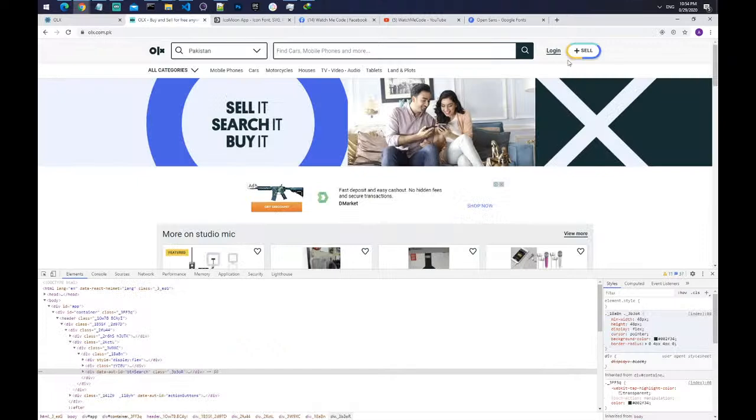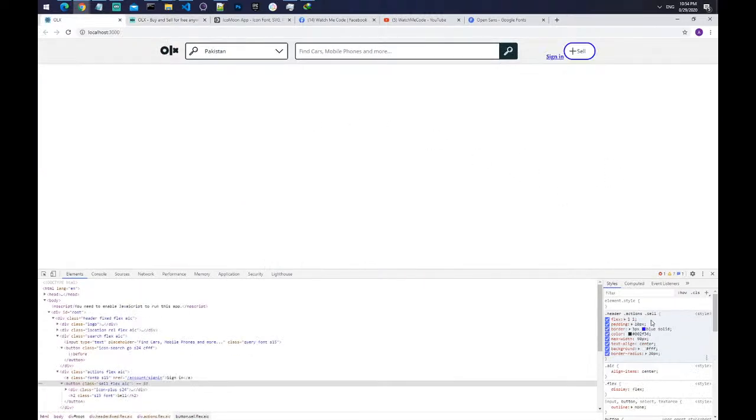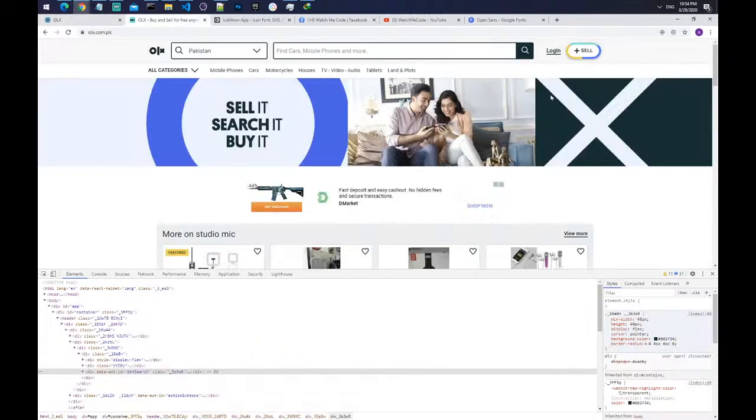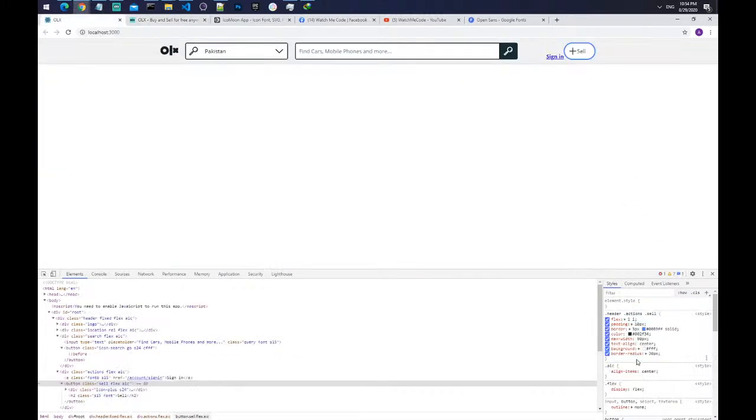Actually the OLX is using this SVG background, and we will use simple blue border, and it has a nice box shadow. So let's add, but before adding just reduce the padding